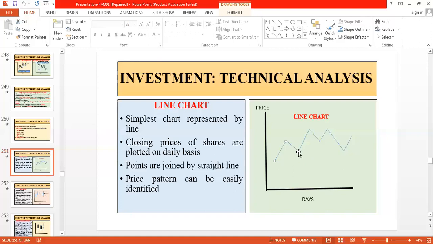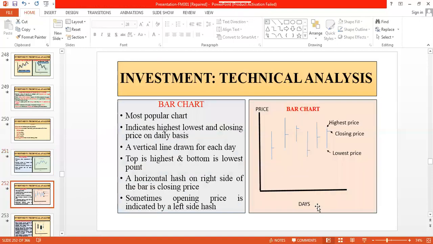Similarly, in day 3, price has declined. In day 4, again price has increased. In day 5, again price has decreased. In day 6, again price has increased. And this length perhaps will cover 2 days. So in 2 days price has declined, then there is an uptrend. So in this way, if you plot days on the x-axis and market price on the y-axis, you will get this line chart. Yes, a simple chart. Anybody can analyze it and get an idea about the movement of the price in the market.